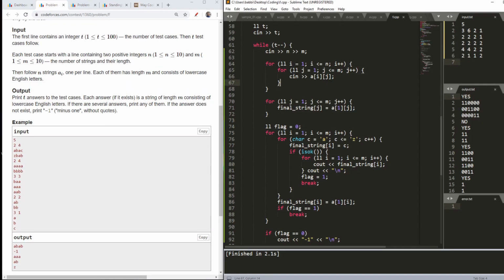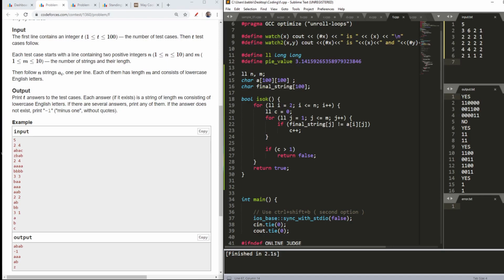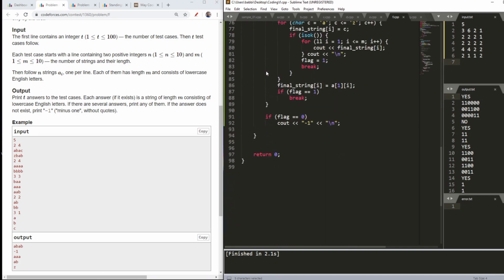First of all, I had my T number of test cases, then I had my array A to take the input, and I had my array final string which will store the final string, and I had N and M as global variables.